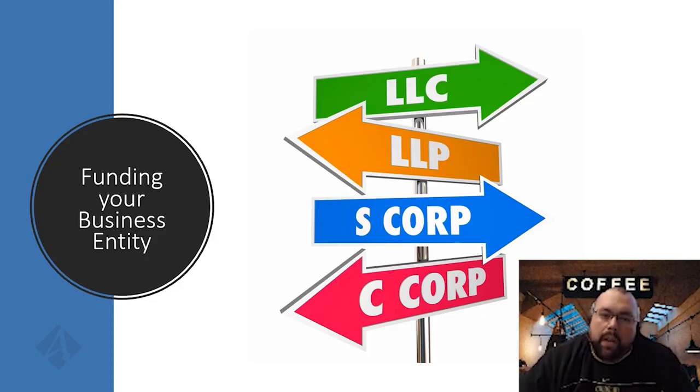So number one is, if I'm funding my entity, I can fund it with either cash or assets. Normally, if I'm funding it with assets, from a trading perspective, that would be a stock portfolio. From real estate investing, I could be funding it with a property I've already purchased as an individual. The other way is to fund it with cash. The cash is where we most commonly get into the difference between equity and debt funding.